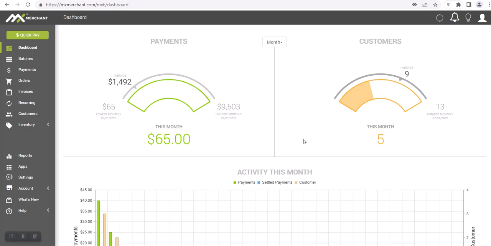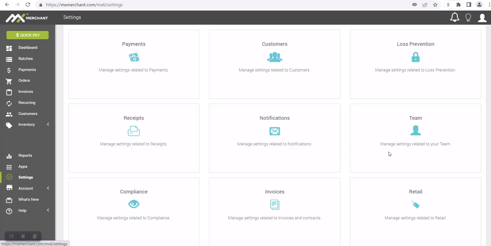All right, so today's tutorial, I'm going to go ahead and show you how to create users in mxmerchant.com. So first things first, just go ahead and get yourself logged into mxmerchant.com. You want to use either an admin or a supervisor level login to do this. Once you do that, come over to settings, go to team,